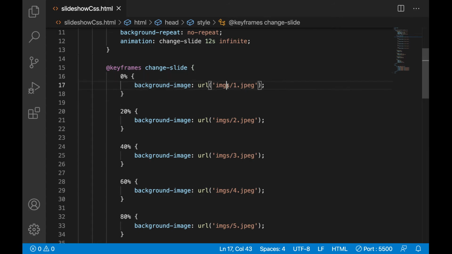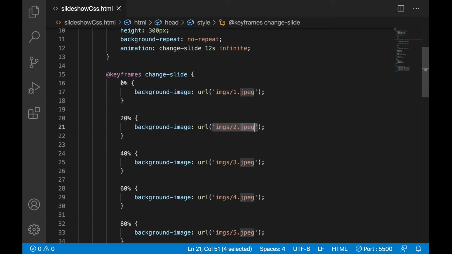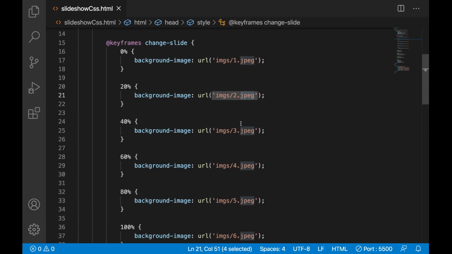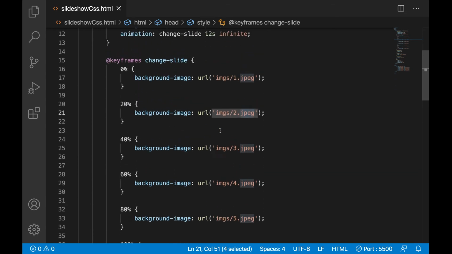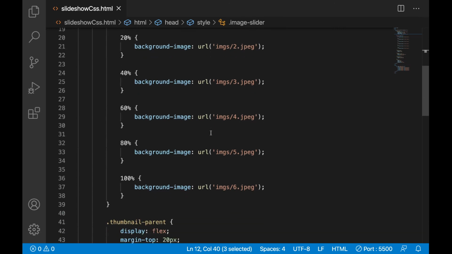For 0% this is the image, 20% this is the image, like that. So I have changed 6 images. This 0 to 100% will complete in 12 seconds. So 0% means the start of these 12 seconds, 20% means at 20% of this time it will change to this image. Like that, 6 images will change one by one in these 12 seconds automatically.